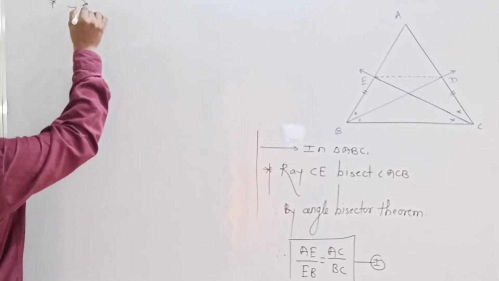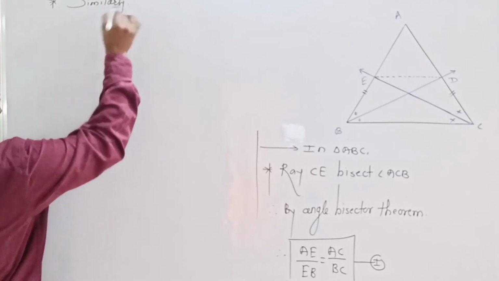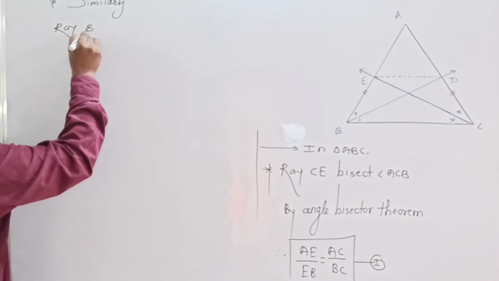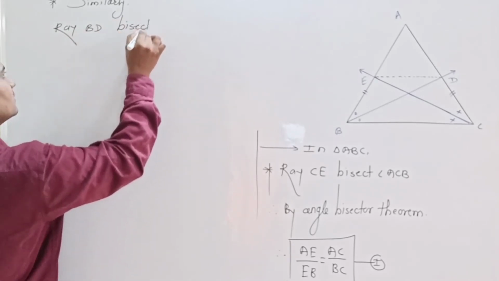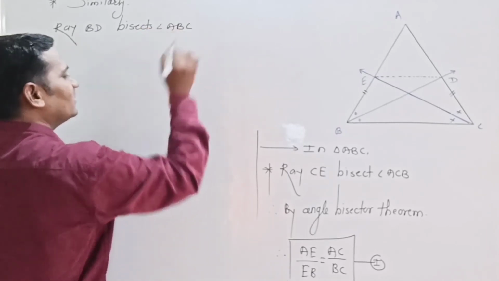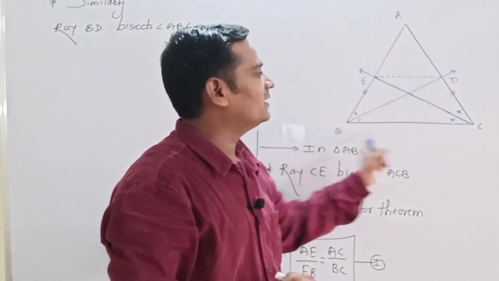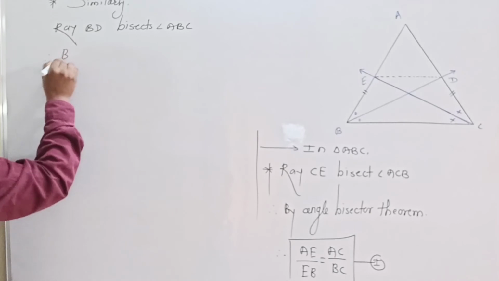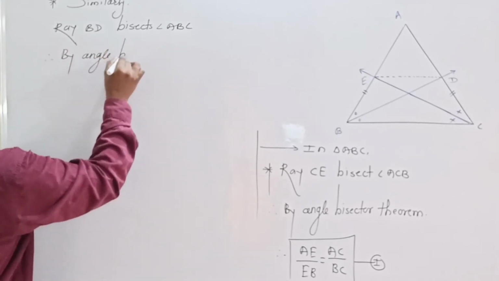similarly, now what is there? A ray BD bisects angle ABC. Look at this angle ABC. This ray BD bisects angle ABC. Therefore, by angle bisector theorem,